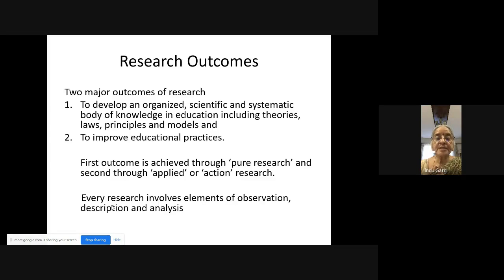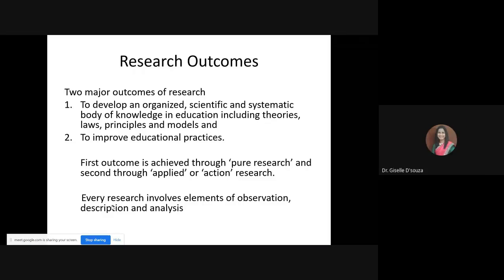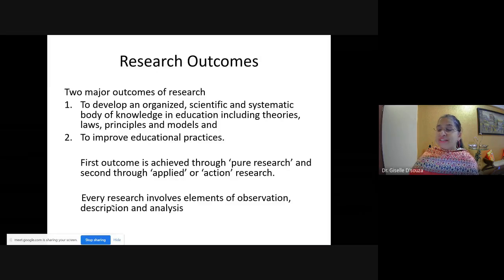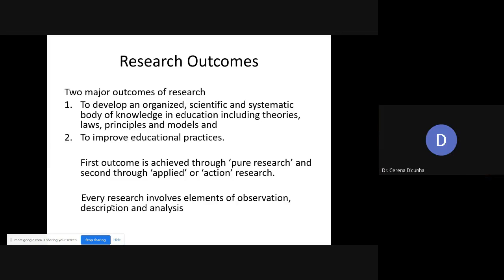The B.Ed students, you might be learning any theory of learning that they... Cinderella ji, Giselle ji, if you can tell me, are they learning any theories of learning and all? Ma'am, theories of learning, I don't know if there is in psychology, in their paper on psychology. Maybe they have it in Serena's paper, not too sure. Yes, ma'am, they have. Okay, so anyway, a little bit of theory of learning, say,